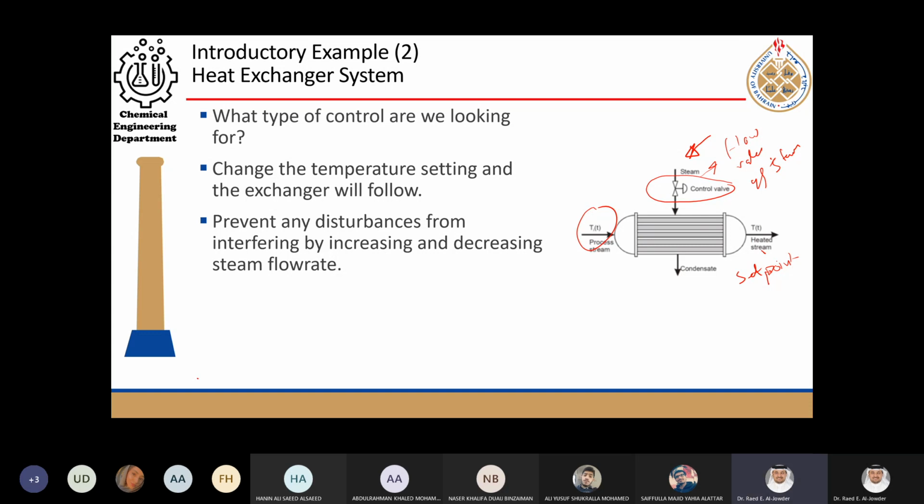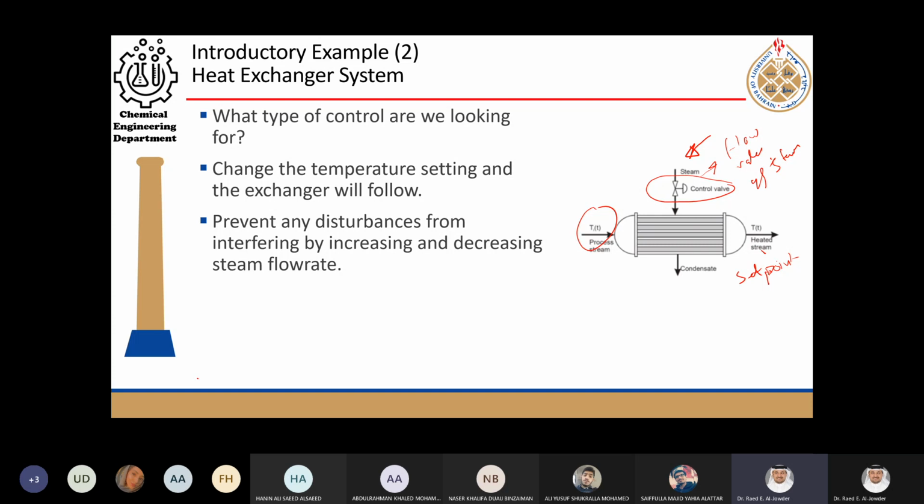Let's take another example. Sometimes I say, okay, no, I don't want to change my set point. I want to keep my set point at 100 degrees Celsius because this is the best thing I've calculated. There is no way another point can give me better results. And then the same engineer comes,